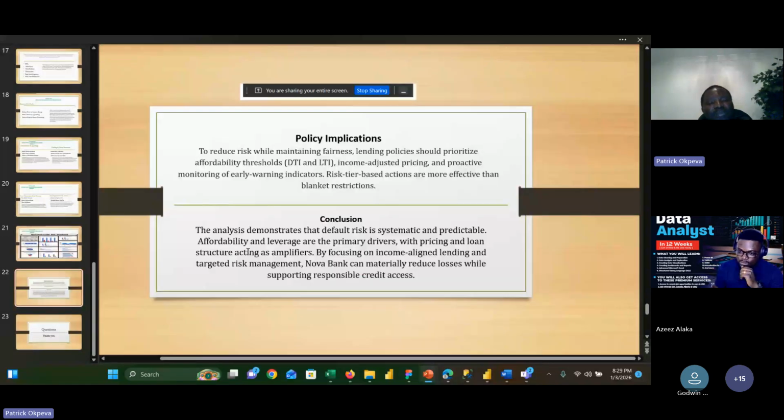The policy implication is to reduce risk while maintaining fairness. Lending policies should prioritize affordability thresholds, debt to income and loan to income, adjusted pricing and proactive monitoring of early warning indicators. Risk-based actions are more